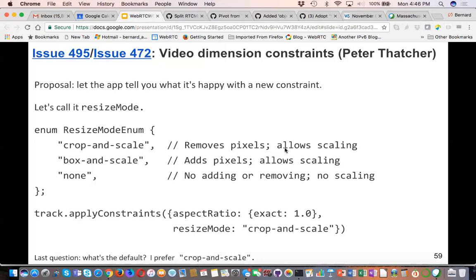So if I understand your example here, it just uses aspect ratio, but let's say I specify the apply constraint width 320, height 240, aspect ratio 4:3, and resize mode crop-and-scale. I guess it's already downscaled, so Firefox will also downscale in that case.